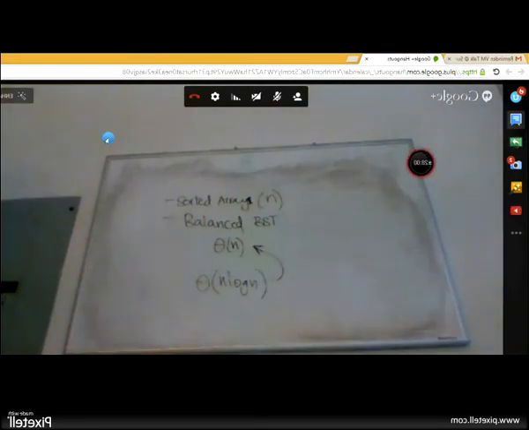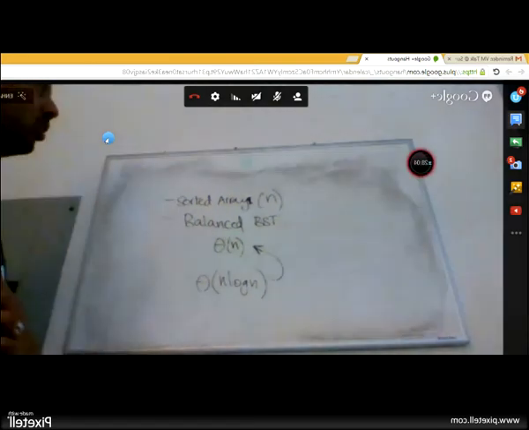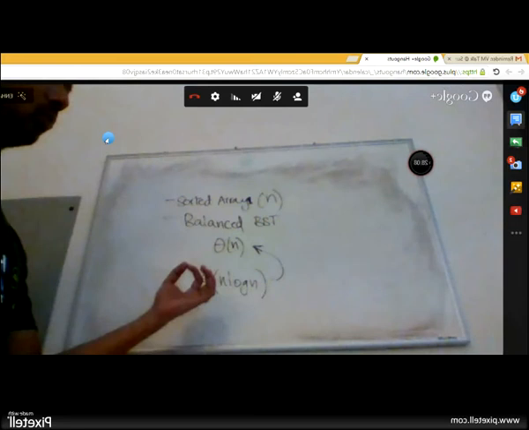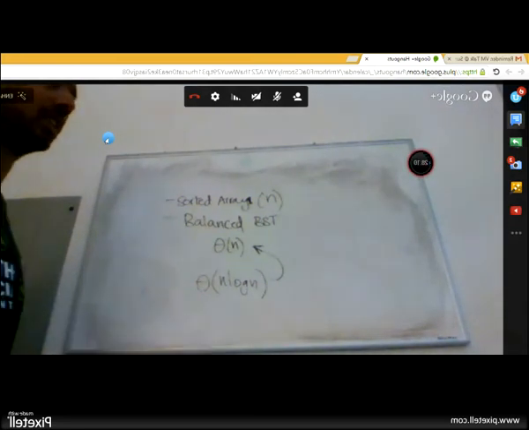It was already sorted. Doesn't matter, right? So what if it is sorted? So if I were to feed you a sorted array, one element at a time, how long would it take?